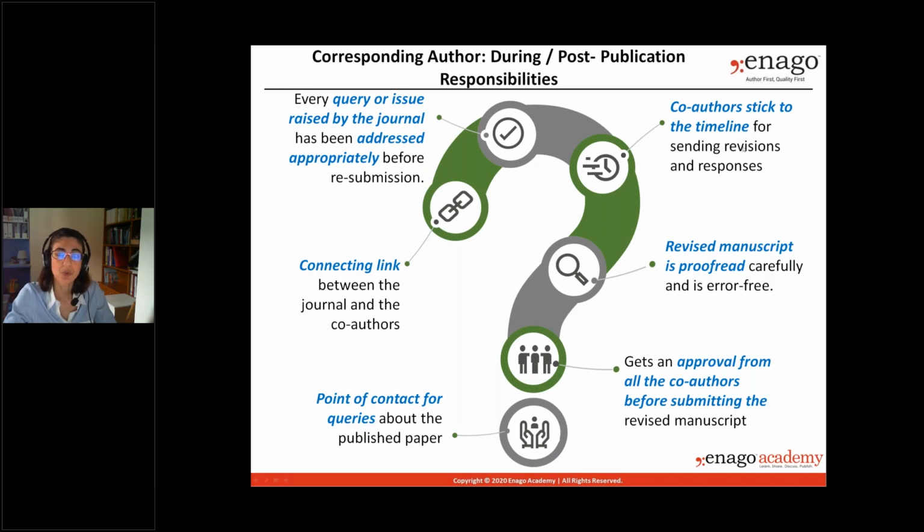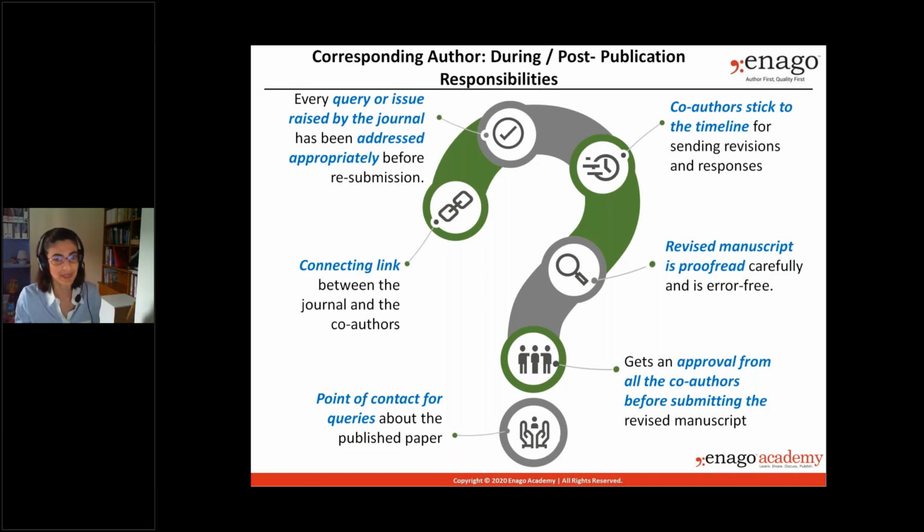The corresponding author is the one to follow up with all the participating authors of the manuscript to ensure that they provide their comments, feedback, or any additional work they need to contribute, following reviewers' recommendations, and ensures that this is done in a timely fashion, because as you know, when you start going through the submission and revision process, there are very strict